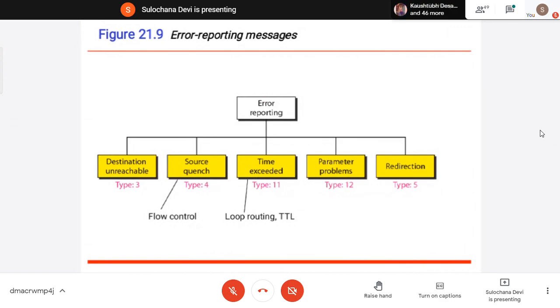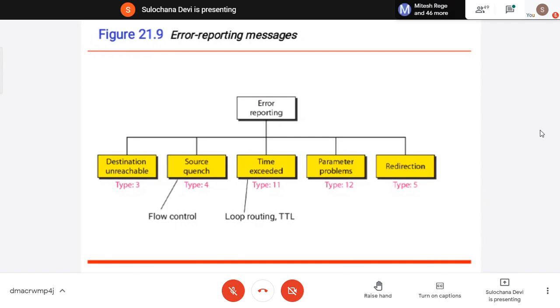Then next is source quench. Source quench is like you are transmitting 20 packets per second, but the destination machine can handle only 10 packets per second. When the buffer is full, the destination machine will start dropping your packets because it cannot handle the packets you are sending.